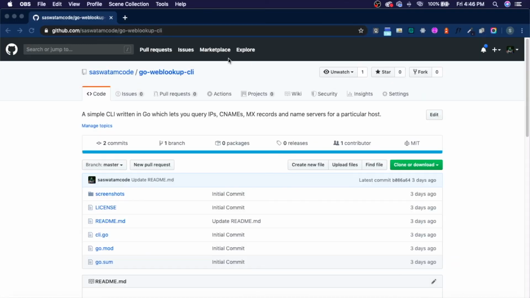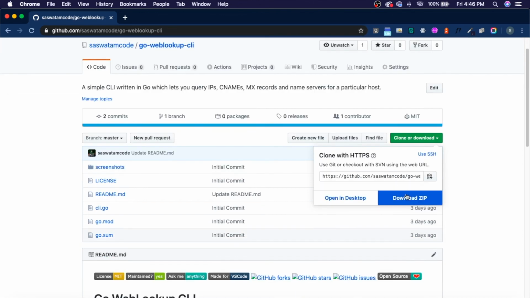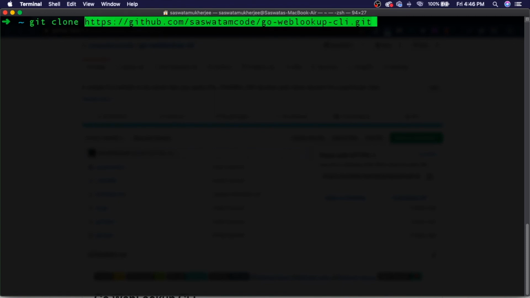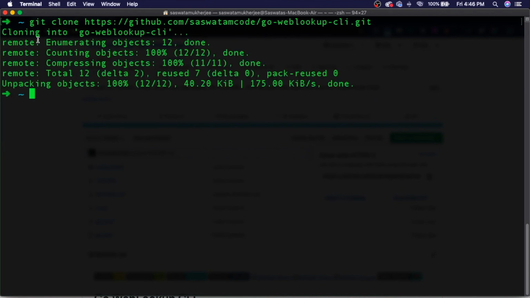So there, okay guys, we can also clone certain repos that we either find cool or that we want to work on, and we want to clone it to our local machine. We can do that by pressing this button over here, and that can allow us to either download a zip file or just gives us a link which we can copy and run the command git clone followed by that link. So that will clone the repo, and now we have that repo inside our local machine. So if we go cd go web lookup,